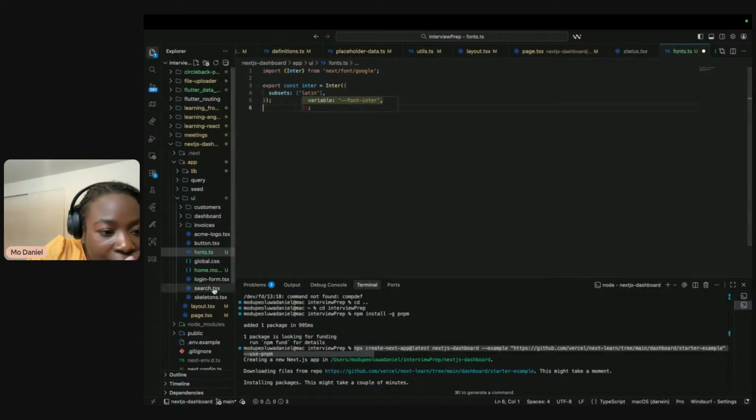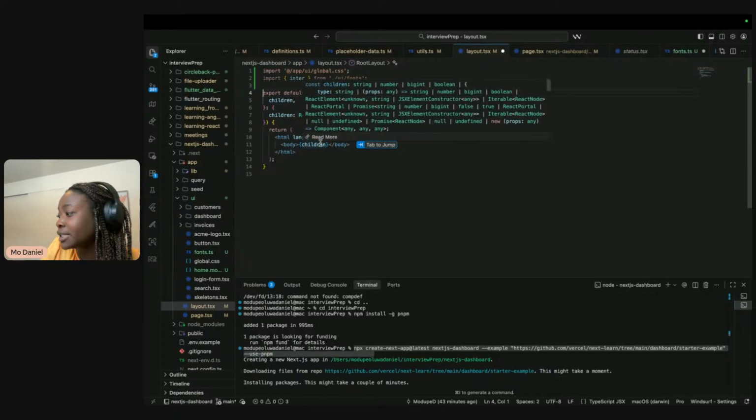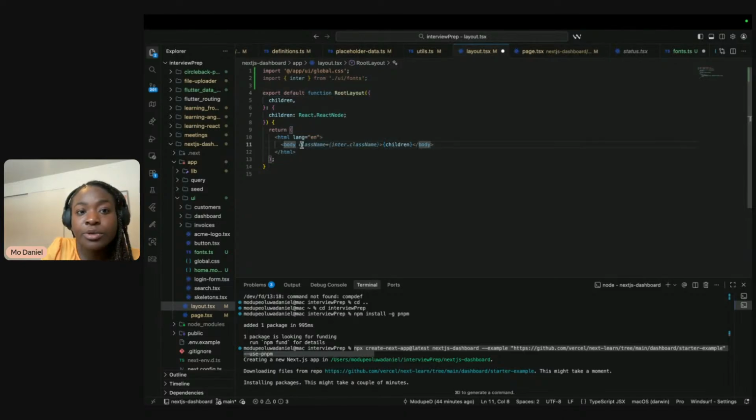Then we're going to add the fonts to the body element, so inside our layout file. The layout file is reusable. If you want it reusable in every part of your app, you can import this particular component here so that you can use it everywhere. So we're just going to import the Inter font from UI fonts,